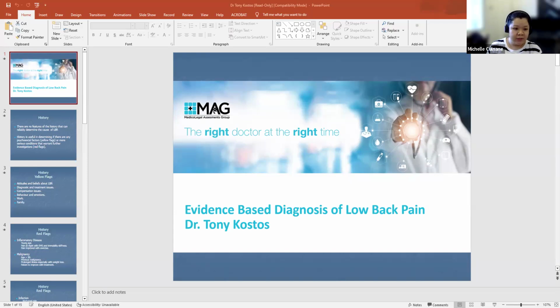Dr. Kostos is a rheumatologist who specializes in all aspects of general rheumatology, including arthritis, mechanical joint problems, soft tissues, and particular problems. His skill in practical procedures includes epidural injections, joint aspiration injection, and conducting EMG as well. His main interests include musculoskeletal medicine, focusing on spinal and peripheral joint problems and their interactions with compensation issues. He has been working with us for a couple of years now.